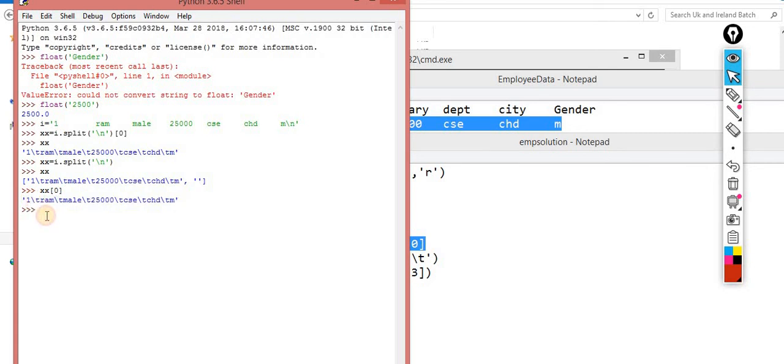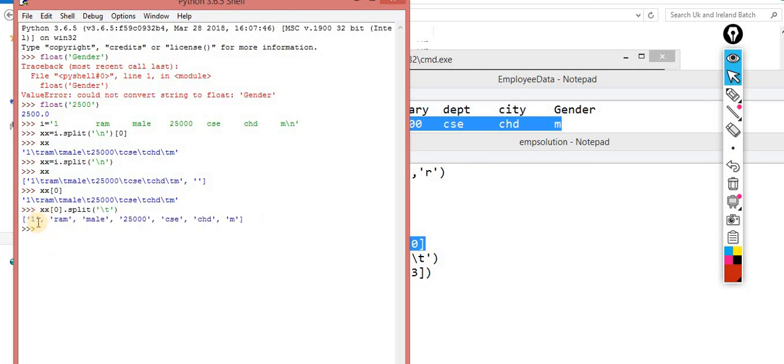In the next step, inside XX this one is the data, because I reassign it; I did the same step in one line. Inside XX of 0, again I split it on the basis of \t. Now you get more clarity.